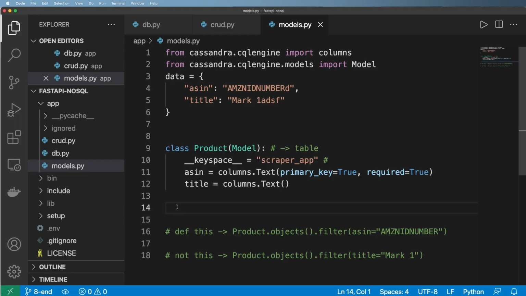Let's go ahead and implement one of my favorite things about using Cassandra. We look at this model right here and we're like, hey, I actually want a new column in here. So I'm going to go ahead and do price string equals to columns, and we'll go ahead and say .text. There you go. You now have a new column, and CRUD will work as it was,